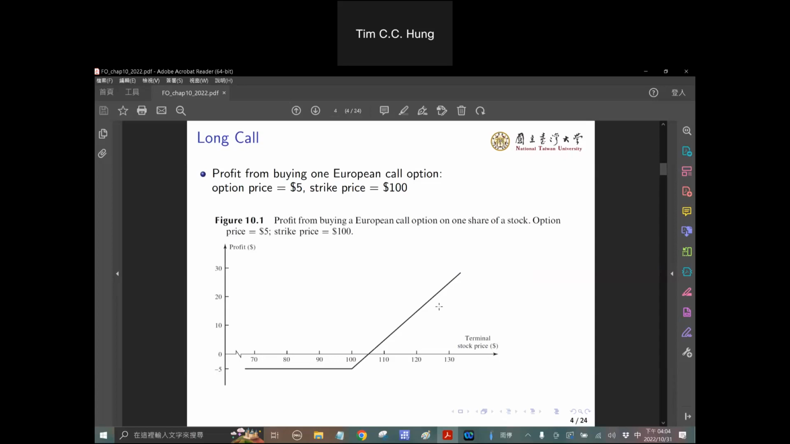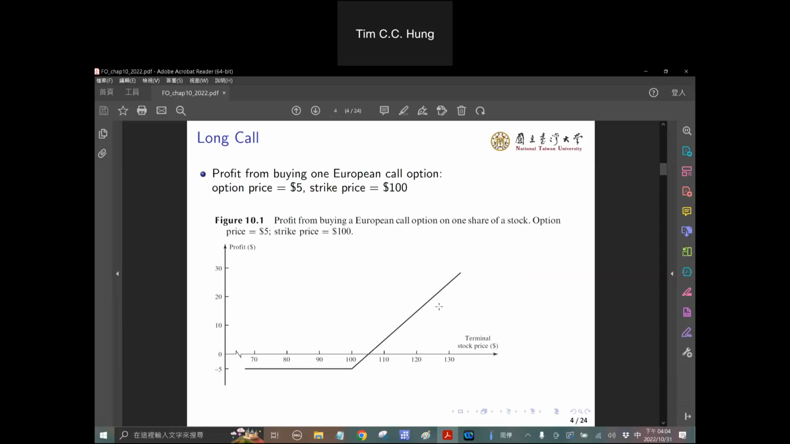You should just leave it and forget about it. So that's the reason why in the payoff diagram, when the stock price is below $100, you should not exercise this European call. On the other hand, when the stock turns out to have a price that's higher than $100,